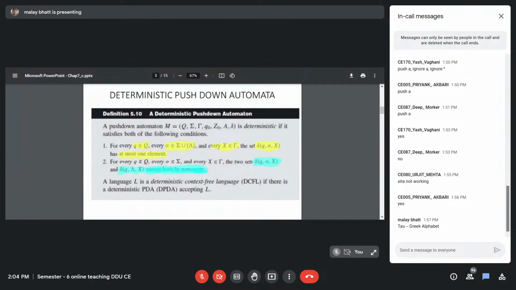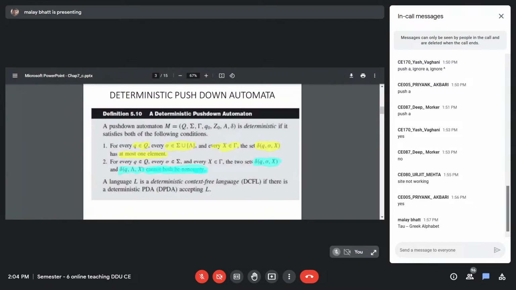Similar to that, in the even length palindrome we solved, or any example in which we have 2 or more branches, we need a fork system call to check the alternatives. The odd length palindrome also has 2 branches, ignore and push. The even length palindrome also has 2 branches, push and ignore null. In the general palindrome, we have 3 branches. So all these 3 examples which we have solved are related to